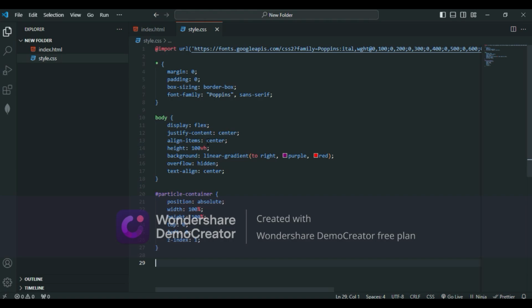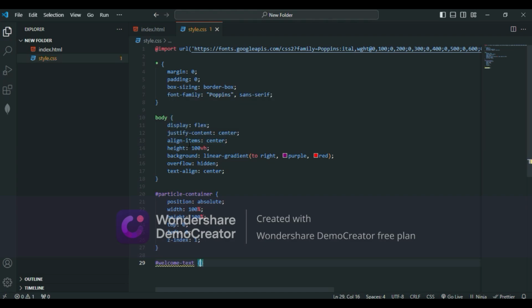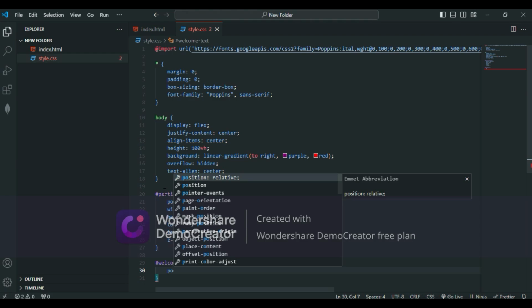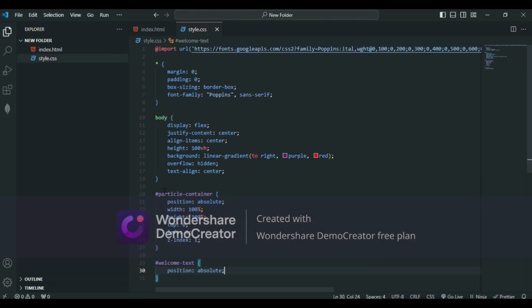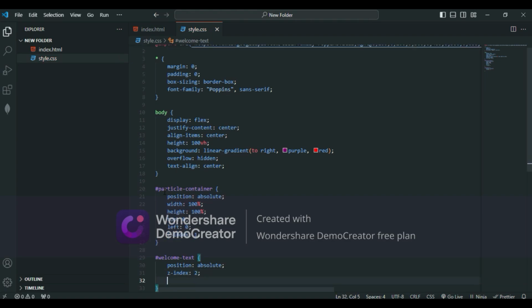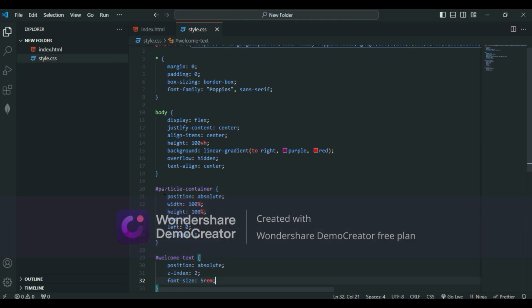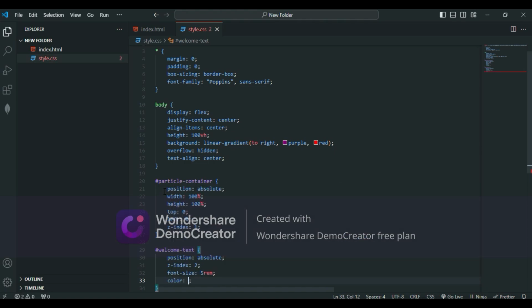So next, let's style for the welcome text. Here, if you remember, we have given ID of the welcome text, right, within the next div. So I'll just copy the same thing. I'll paste it over here. So what I'll give, let me make use of the position absolute, Z index 2. Let me give font size of 5rem, color transparent,